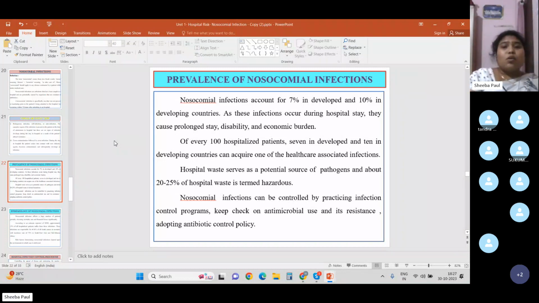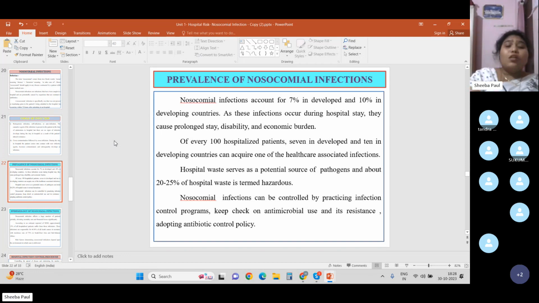as hazardous. So, again, I'm repeating, 7% to 10% of nosocomial infections are seen in the hospitals in developing countries. It is because of duration, means longer stay in the hospitals, or it is because of disability or economic burden. And of every 100 hospitalized patients, 10 people develop these healthcare associated infections. And not only the environment but also the waste generated from hospital also causes 20 to 25% of chances of